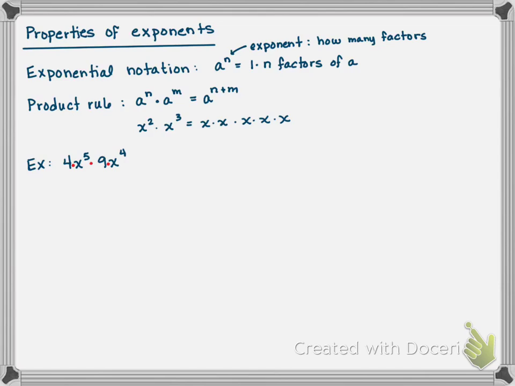So we can rearrange those factors however we want. We can call this 4 times 9 times x to the 5th times x to the 4th. We can do 4 times 9, so that's 36. And how many factors of x is that? 9. Good. So x to the 9th